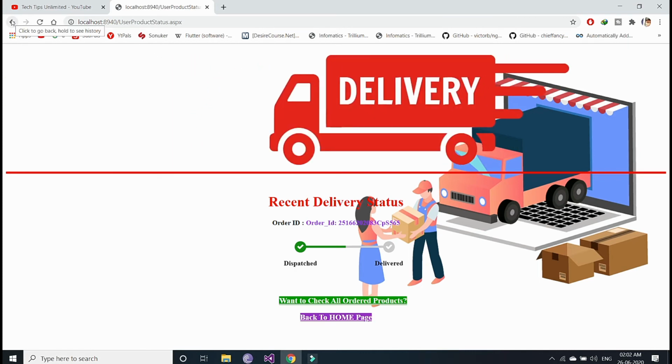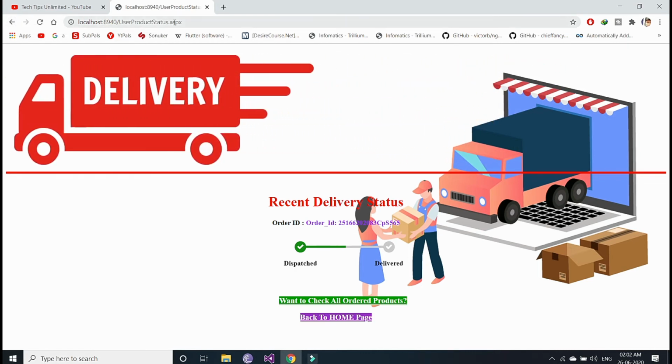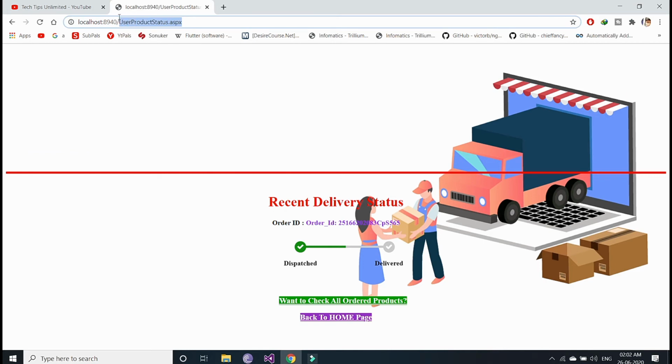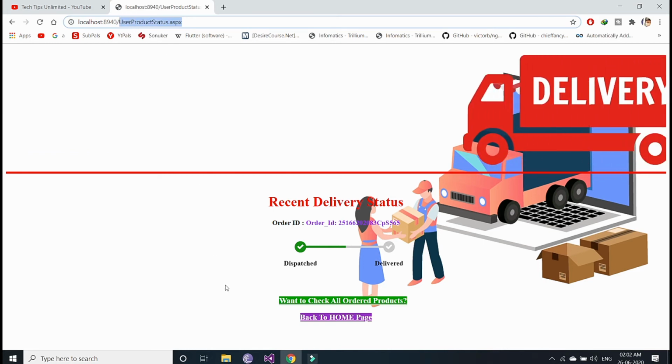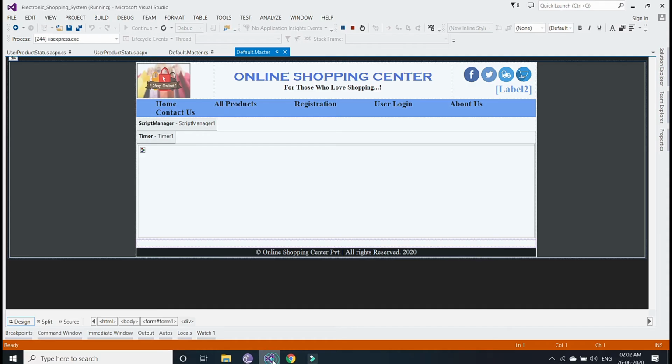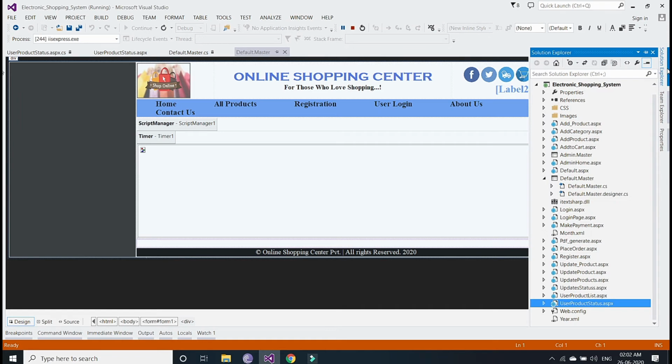So let's see how to do this. First of all, we have to add this page. I've done it previously, so I'm not doing it again. First of all, you have to create a new page with the name user product status. After creating this page, in the design page